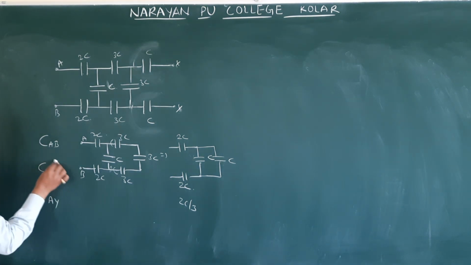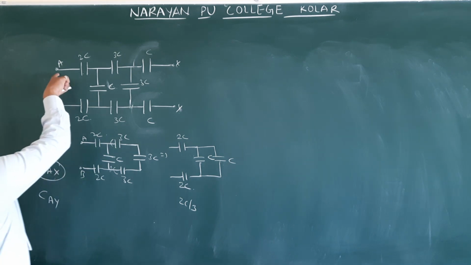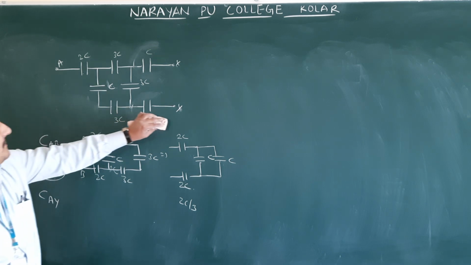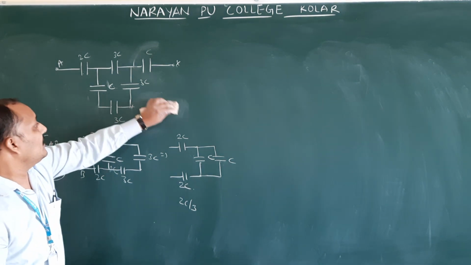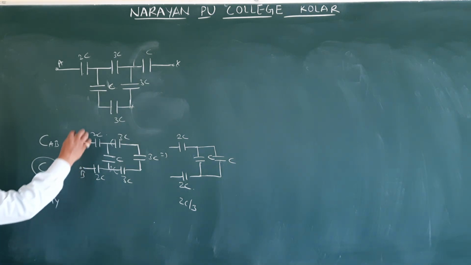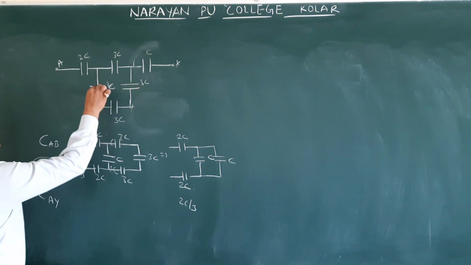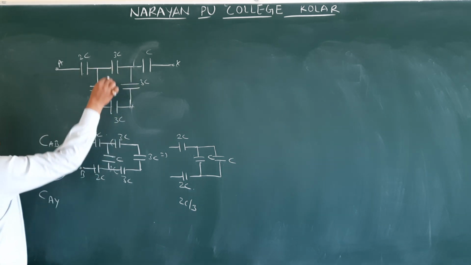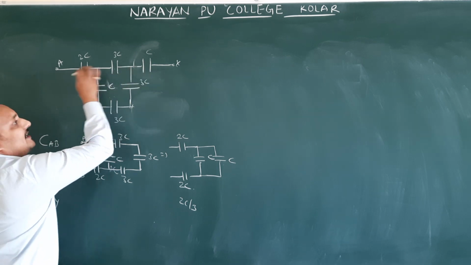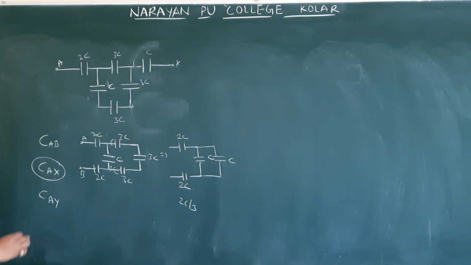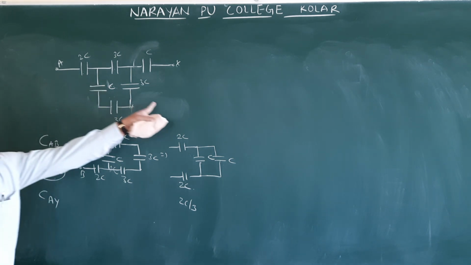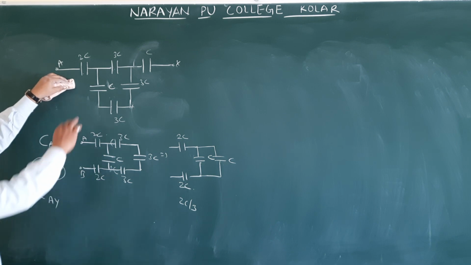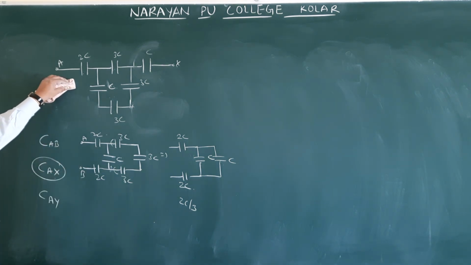So this is CAB. Now see CAX. AX means you have to keep A and X, and B and Y should be removed. I am erasing, you can see. So A and X, therefore B and Y you have to erase. Next thing: how are these two connected? These three, C, 3C, 3C, are in series. Again here one capacitor you will get. These two are in parallel. Again these three are in series. Like that you have to solve. If they ask A and Y, A and Y should be kept, X and B you have to erase. The initial diagram you should not change. Here I erase, so there you can draw on the circuit. Okay.